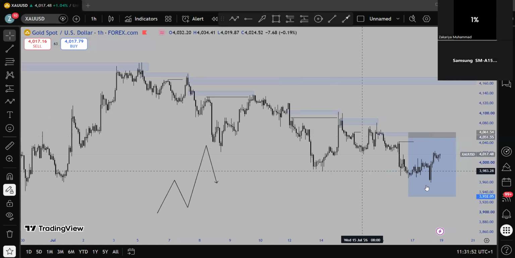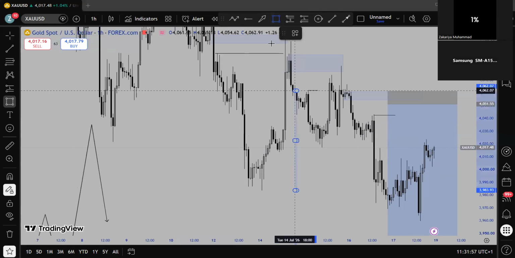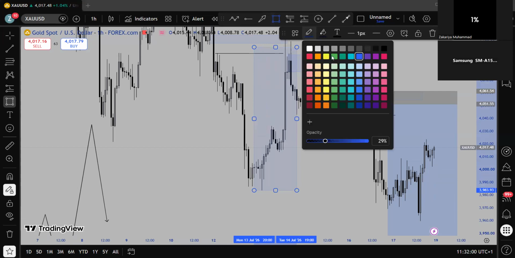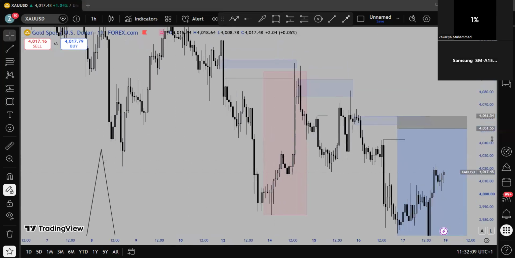Liquidity void, like this one. Look at what happened right here on gold. Look at this movement from here to this zone. Look at the rally. If the market really wants to buy, it doesn't just go like that. It will come to a supply zone, tap into that zone and keep buying. But you see this rally, although it's news that caused this one, it's a defined movement. It hasn't just happened randomly. It was defined just for the market to grab orders and then continue in the correct direction.